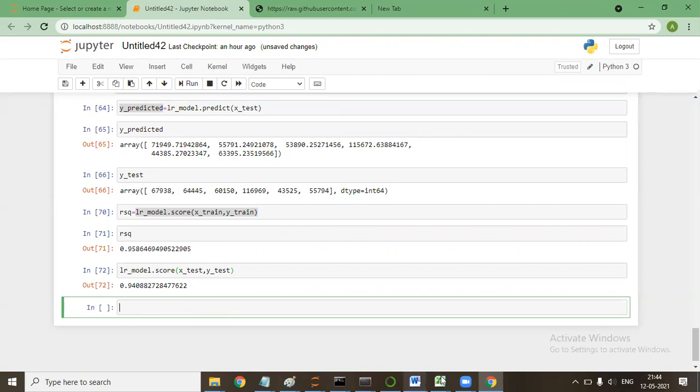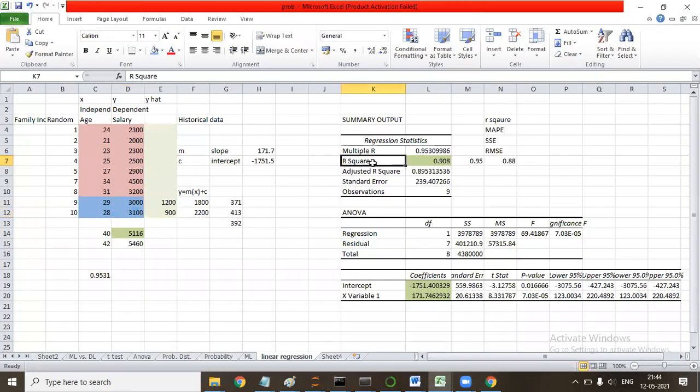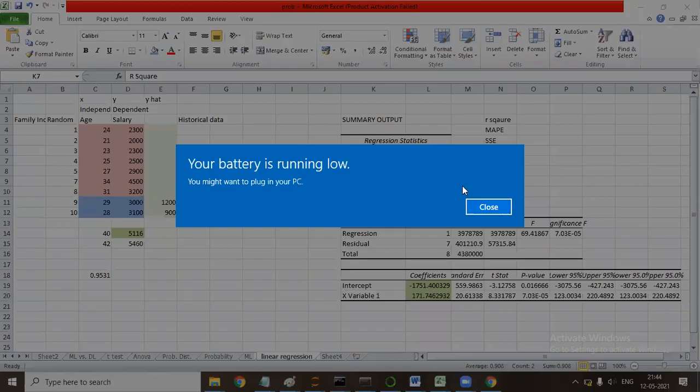So what is this value that we got yesterday? This R square value came from the model that we have made. It came as the accuracy of the model. It says how strong the model is.